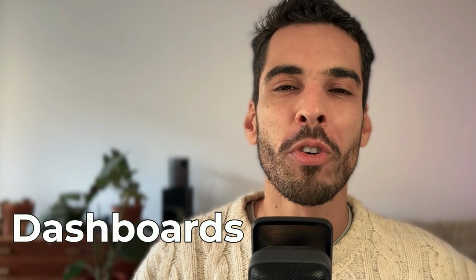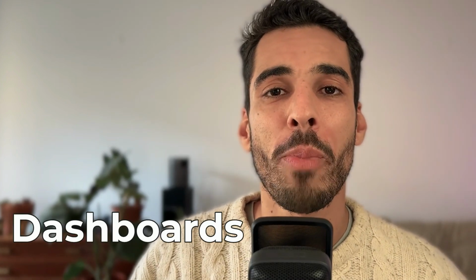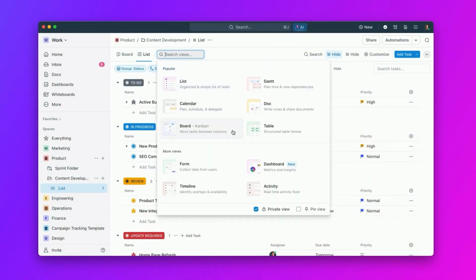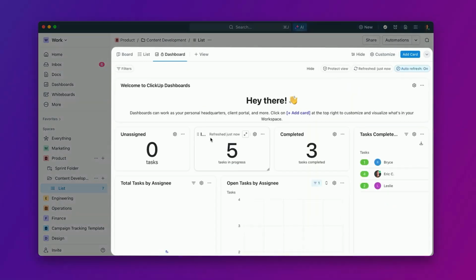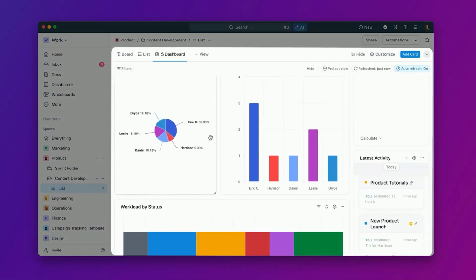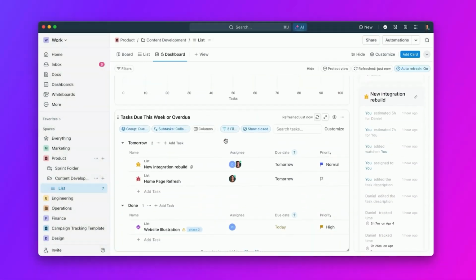Now I'm going to wrap things up with a fifth feature I find amazing in ClickUp, and that is dashboards. All the first four features we've talked about are more about collaboration. When it comes to tracking your project progress, dashboards are amazing because they let you have a single view of your team's project progress for the week, for example. As a manager, you could create a new